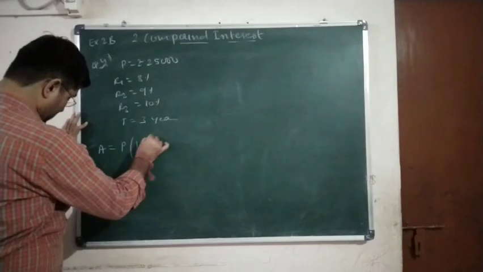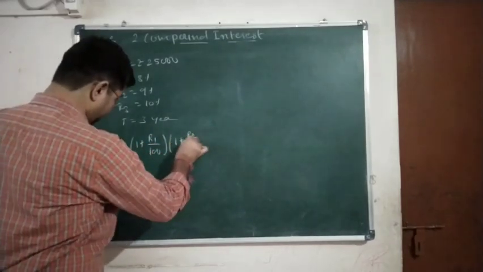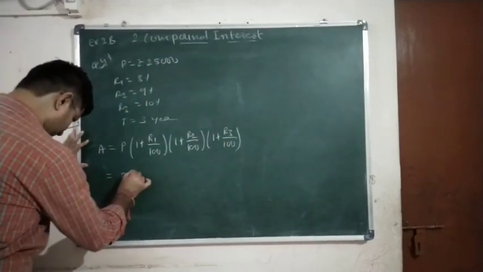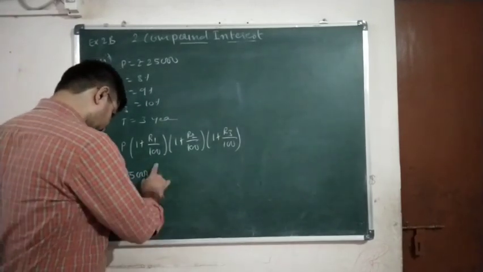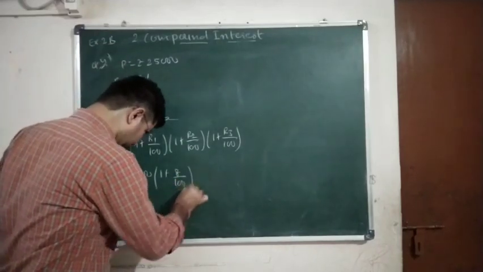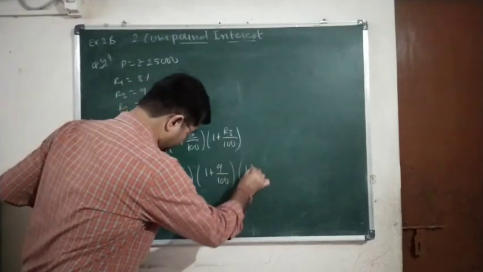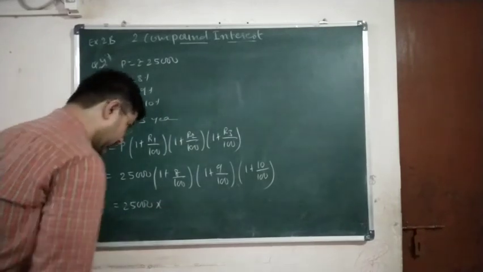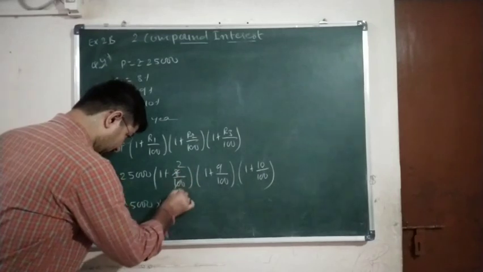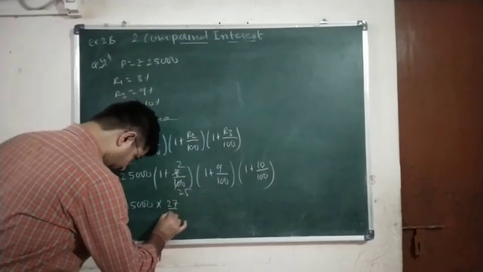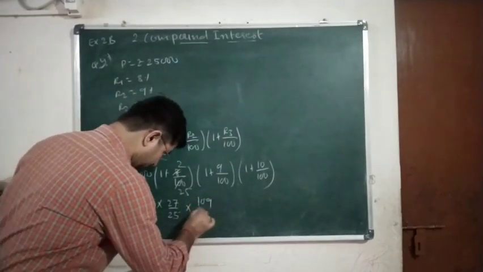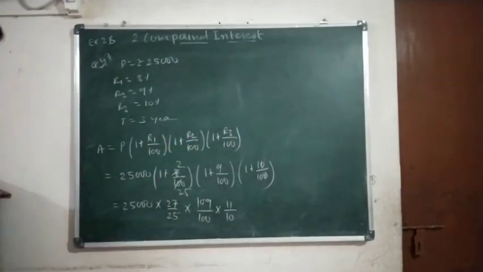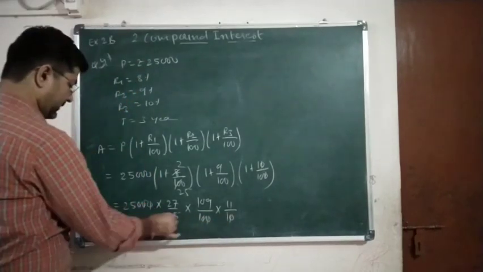A is equal to P into (1 plus R1 upon 100) into (1 plus R2 upon 100) into (1 plus R3 upon 100), which equals 25,000 into (1 plus 8 upon 100) into (1 plus 9 upon 100) into (1 plus 10 upon 100), which equals 25,000 into, let us reduce this by 4, 27 upon 25, this will be 109 upon 100 and here we can cut this 10, so we will get 11 by 10. Okay, now we can reduce the 3 zeros